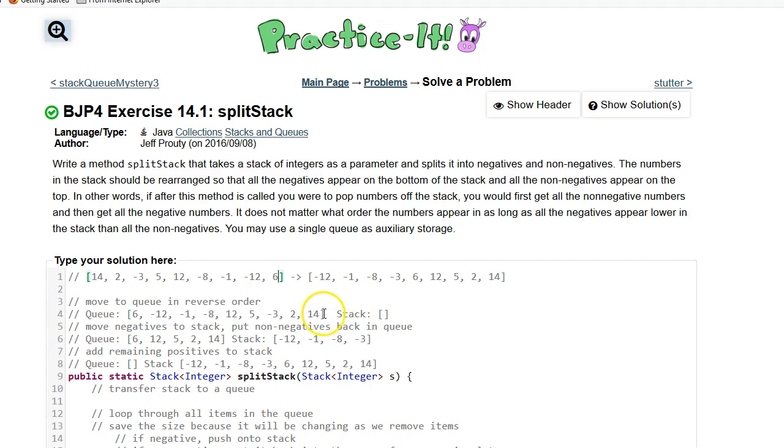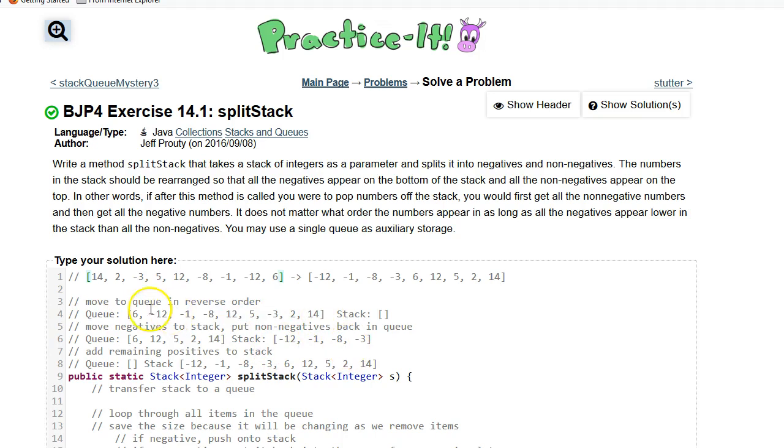Queues are kind of magical data structures for these queue and stack problems, because there's a nice property of queues: while you don't have direct access, you can actually cycle through the queue. You can pull off things from the front of the queue and then add them to the back. For example, you can sum up every item in a queue just by pulling them off, adding them, and putting them back. You can do a filtering operation too. You can pull off every item in the queue and only put certain items back. So we can use that property to filter these numbers for negative numbers,